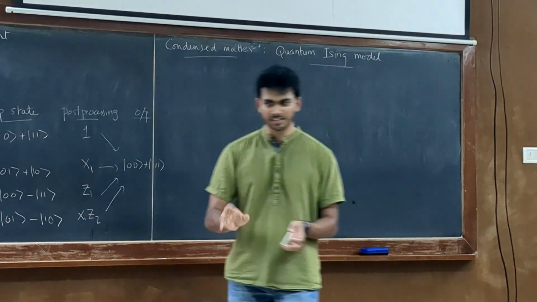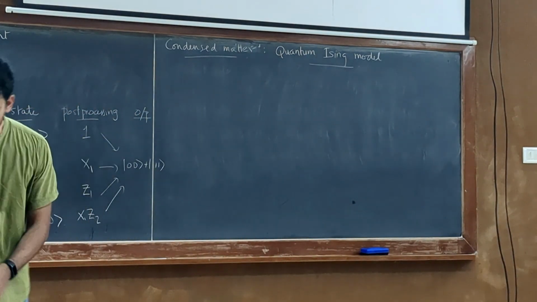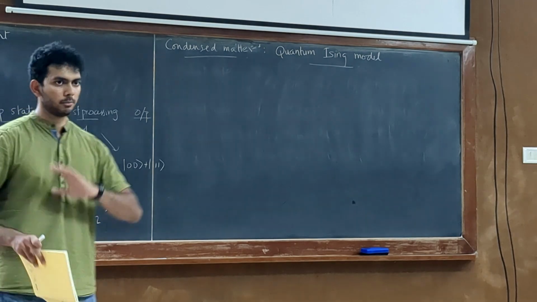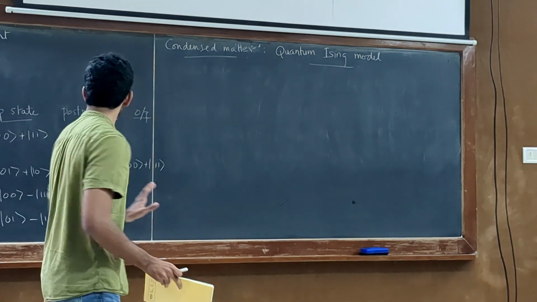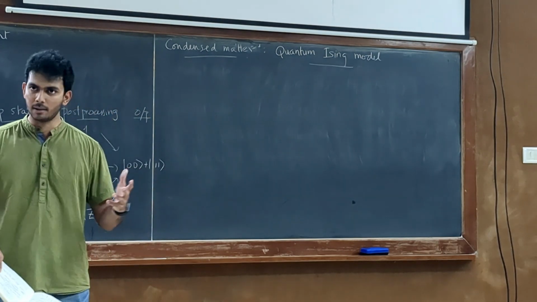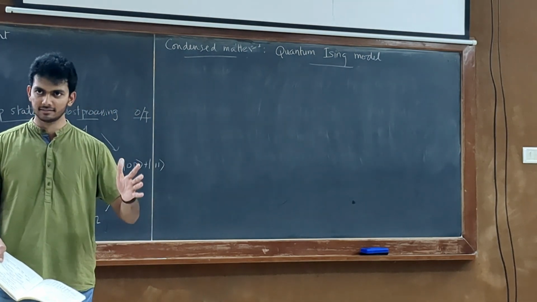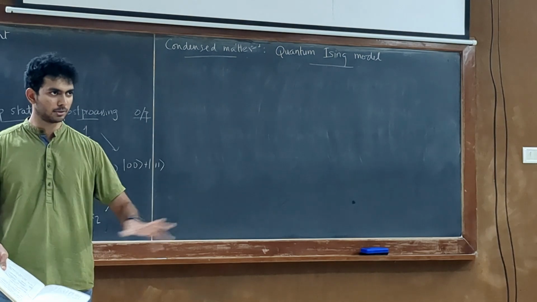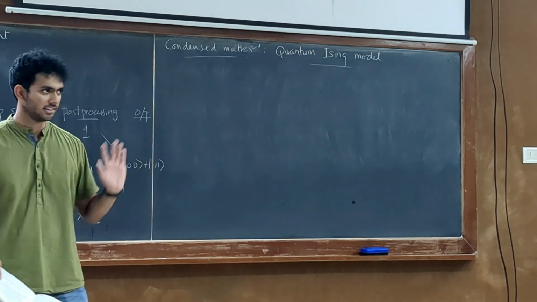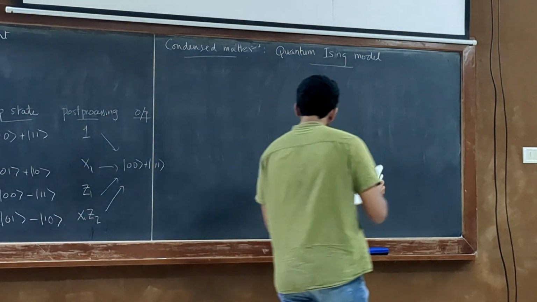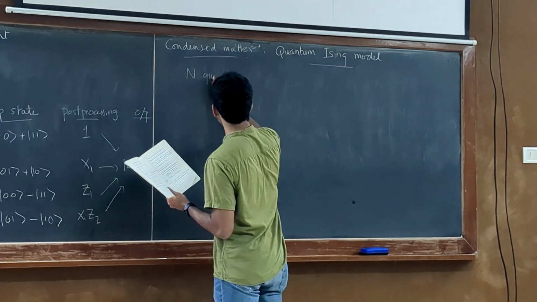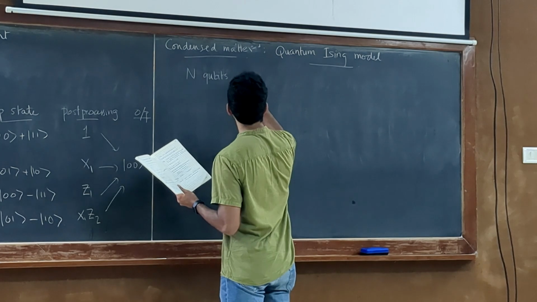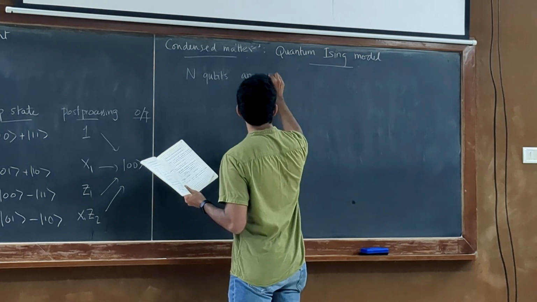You don't need to know the classical Ising model to know the quantum Ising model, but people are familiar with Hamiltonians, ground states, and so on, right? So if I have 5 qubits and I give you a Hamiltonian, you know how to find the ground state. You can write down the Hamiltonian, you know how to diagonalize it in Mathematica. So the system is the following. You have n qubits arranged on a ring,